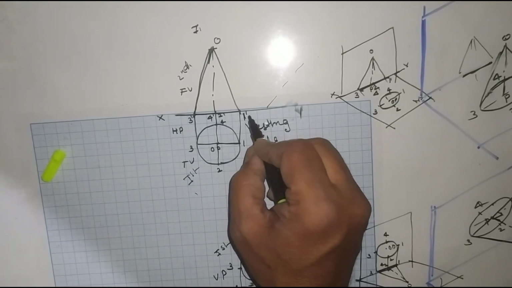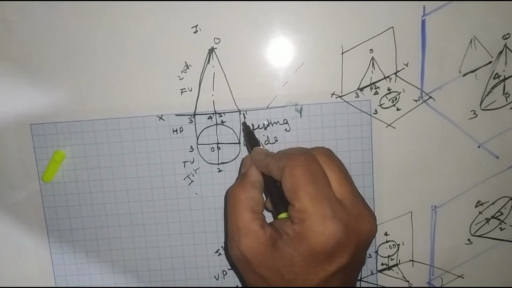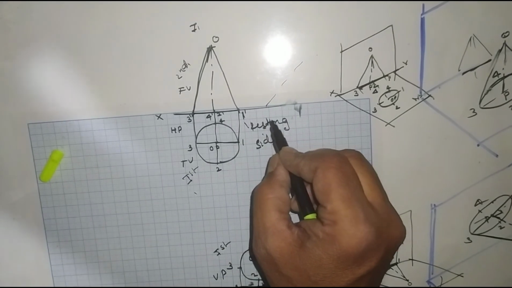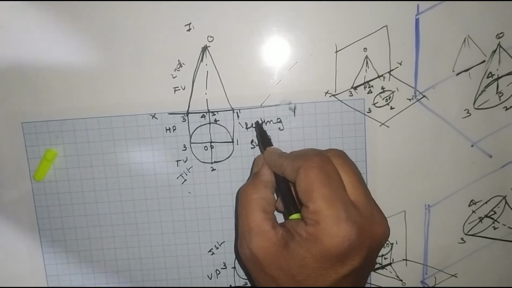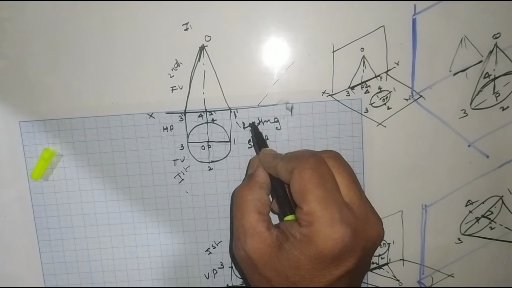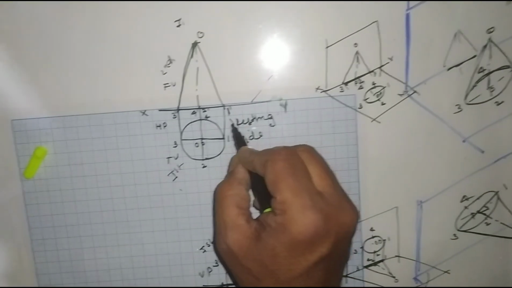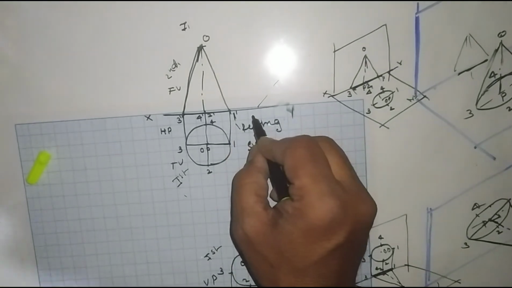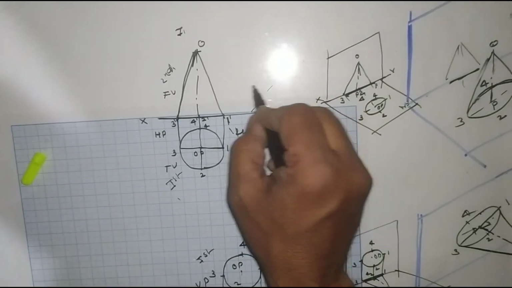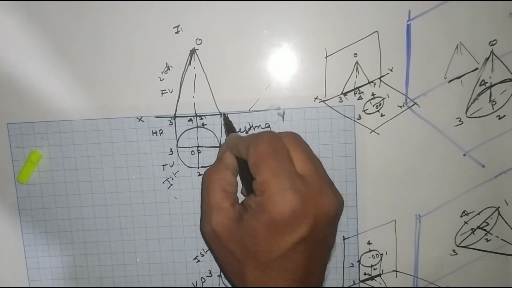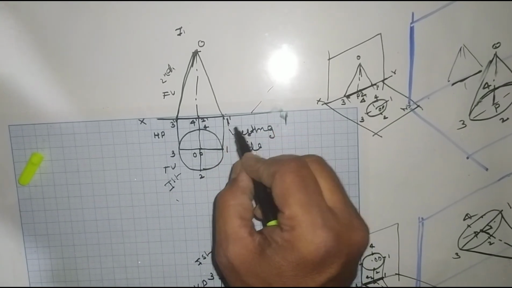This is the resting side. In the projection of planes we have taken point 1 on the left side, that is the resting side. We have made it inclined. To which plane is the plate inclined? We have made it parallel or lying on that plane. Here, to whichever plane the axis is inclined, we have to make it perpendicular to that plane, and the resting side is the right side. Okay, thank you.